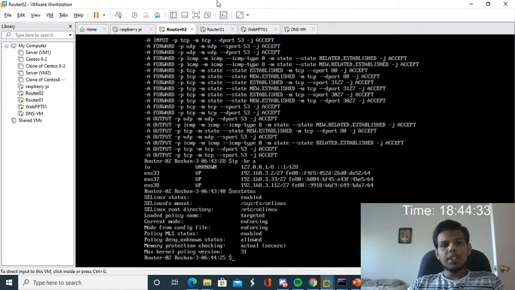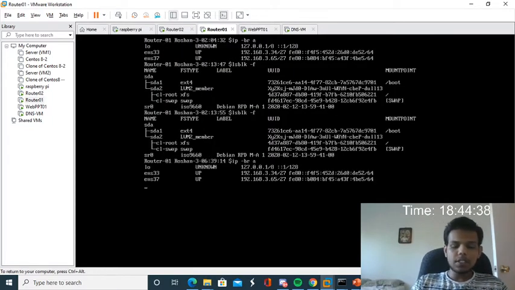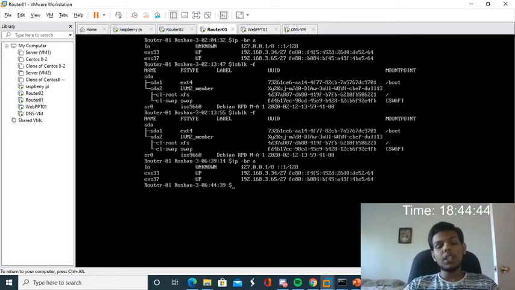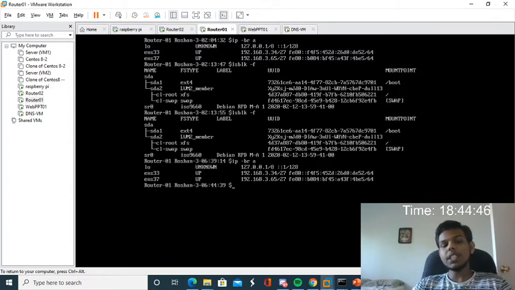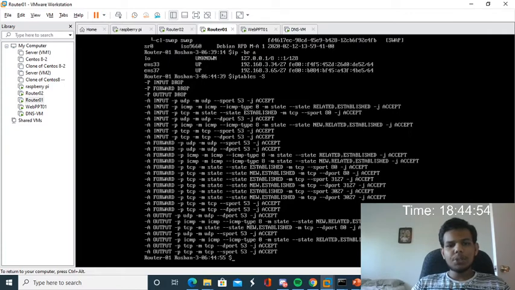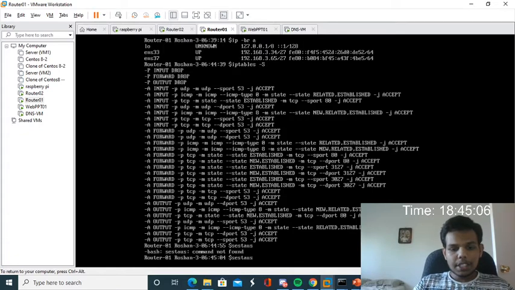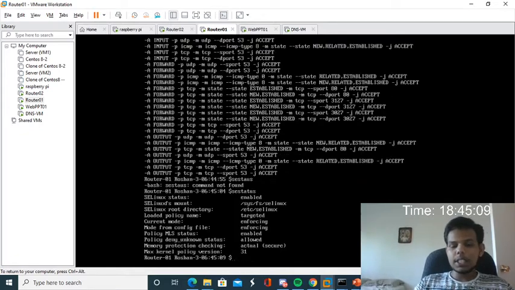So moving on to router one. In router one, if I type ip br, I have the IP address 192.168.3.34/27 and .65/27 for the second interface, which is also connected to a LAN segment. Here I'm first going to type the iptables command, iptables -S. Here you could see my firewalls are down, like input, output, and forward are dropped. If I type sestatus, it's in enforcing mode and it's enabled also.